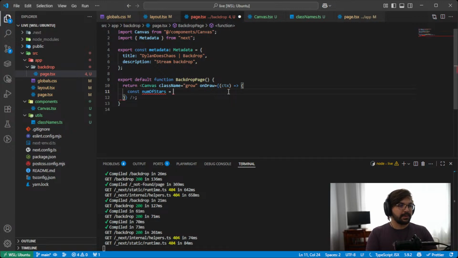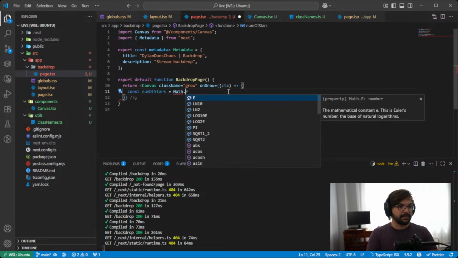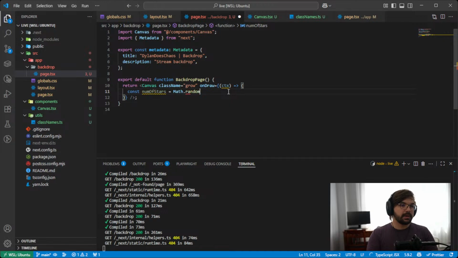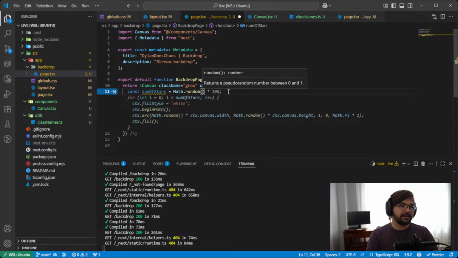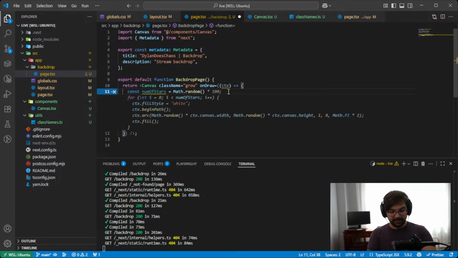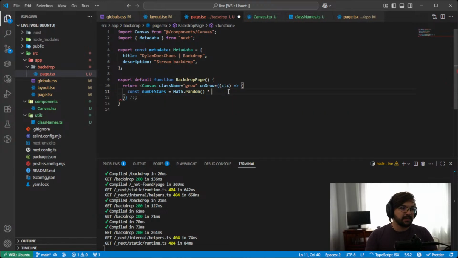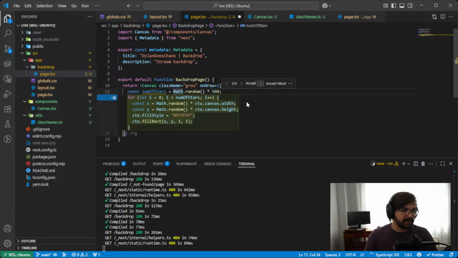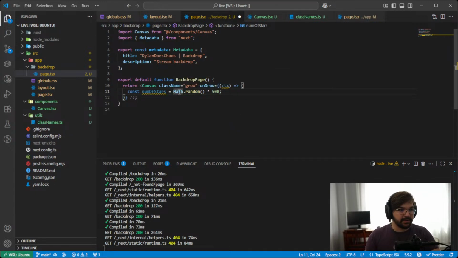And let's do a Math.random times 500. So what we want to do here is we want the random modifier to be between 0 and 500. That's how you do this. We also want this to be Math.ceil